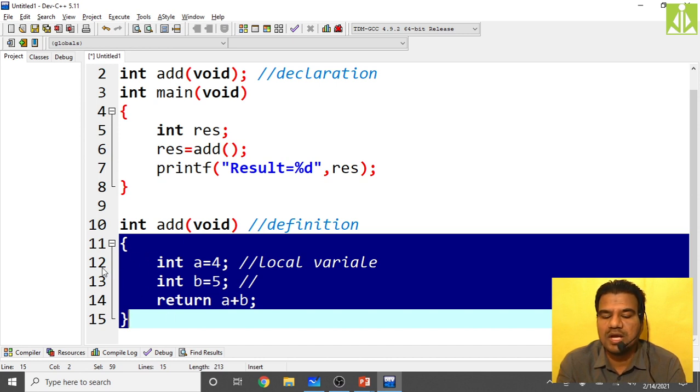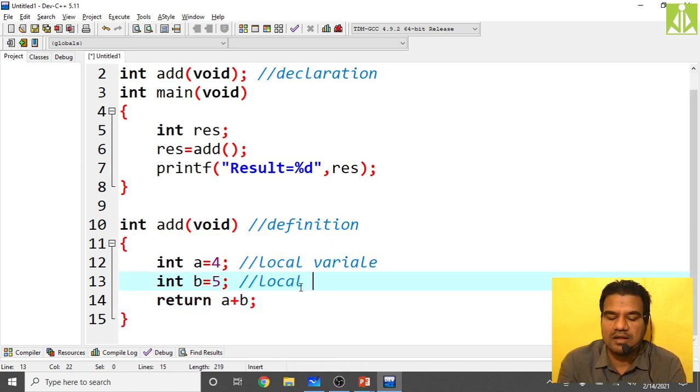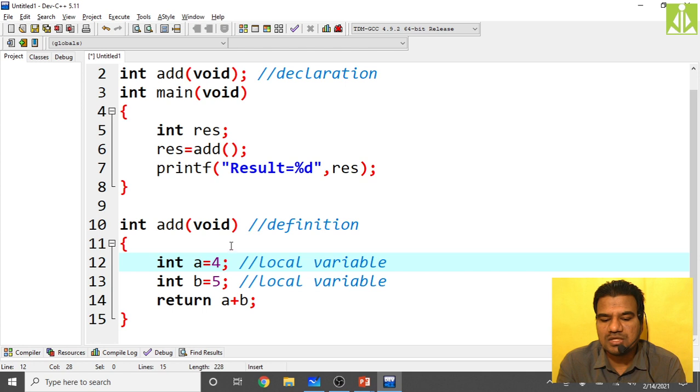Outside of this blue area you cannot access these a and b. I will show you what error you will get if you try to access them. These two, a and b, are local variables, and within the block only we are accessing a and b, and trying to access these a and b out of the block is an error. I will show you that one.